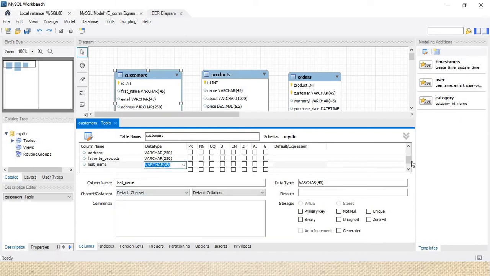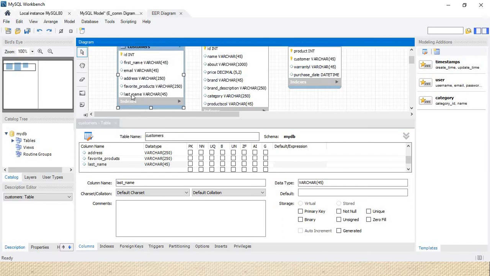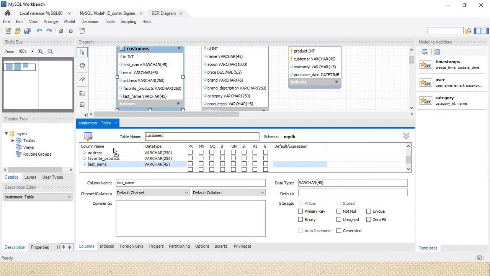Also I will shift this table to the top.